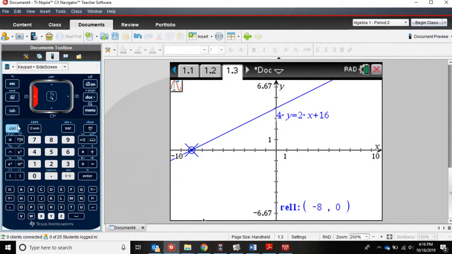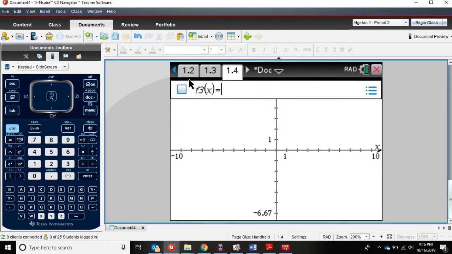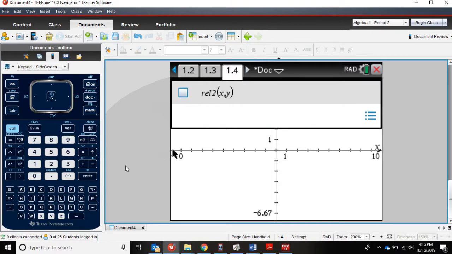So remember, Control Doc adds a new graph page, so number 2. And you don't have a y equals, so you must delete the equal sign and pick a relation, which is number 6. Type the whole thing in, so it's 2x plus 3y equals 12,